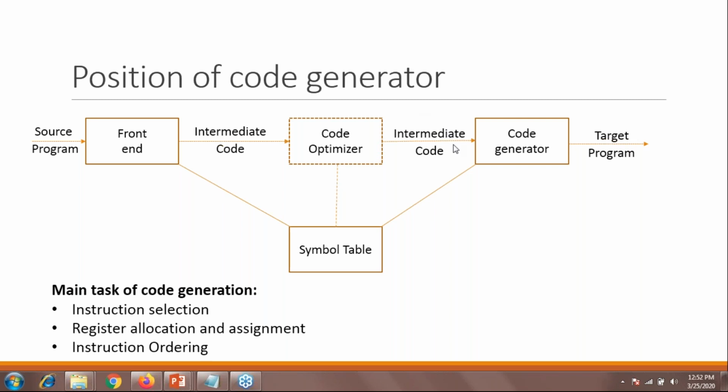And it is going to be the input of your code generation phase, right? Using the symbol table, you can identify the locations of your variables, locations of your labels, or locations of your functions.